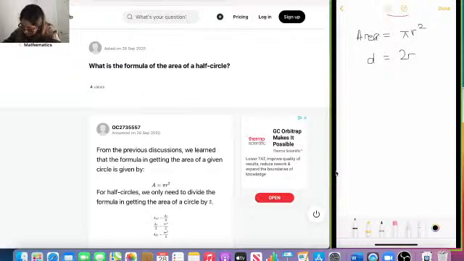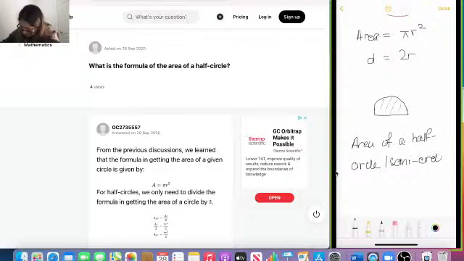Okay, so we're trying to find the area, so this area right here. As you can see, the area of a full circle is pi r squared, so you can probably imagine that the area of a half circle, which is also called a semicircle, or semi,